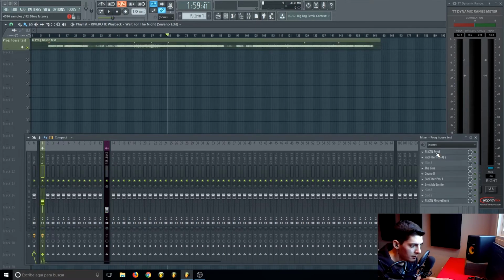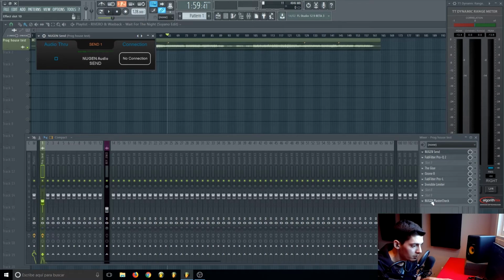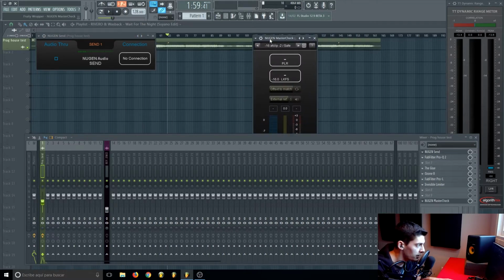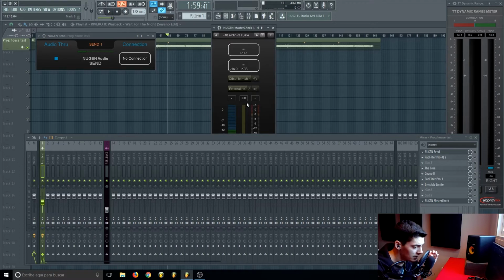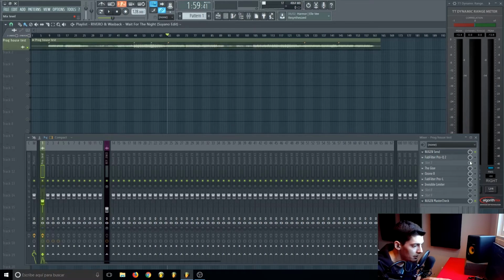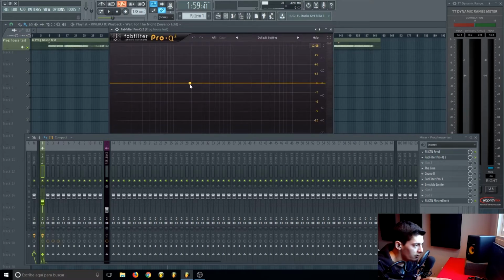Here I have two plugins called from Nugen or Nugen, I don't know how it's pronounced. This is the send. This is the master check. With this plugin, first of all, we have to click here, and what this allows us is to disable all the plugins and enable the plugins with just one click. So what I'm gonna do is click here on these three, sorry, and for example, if I have a crazy EQ like this,